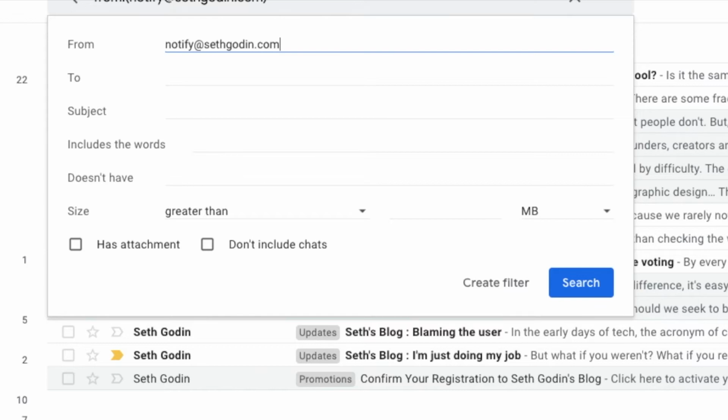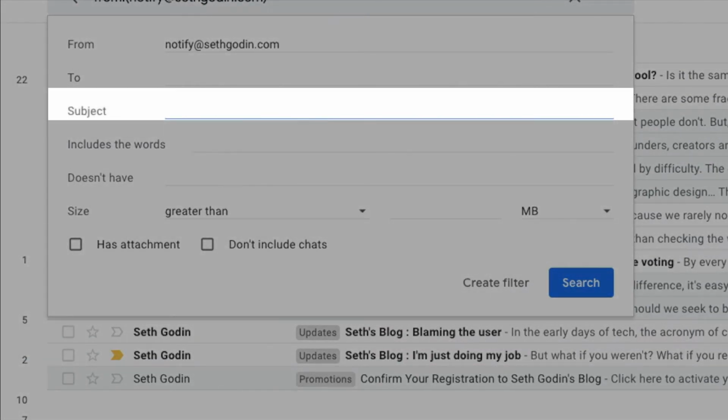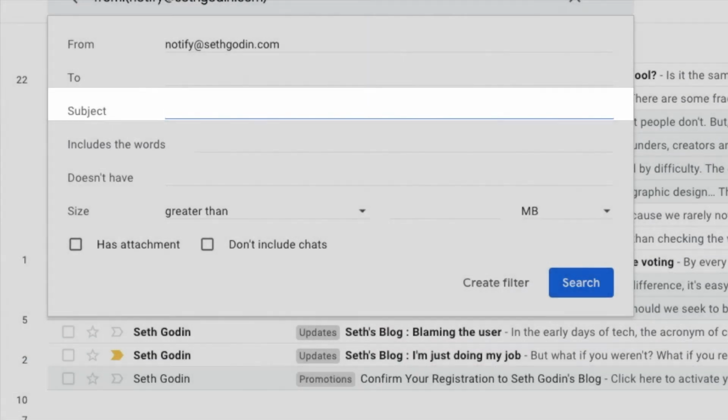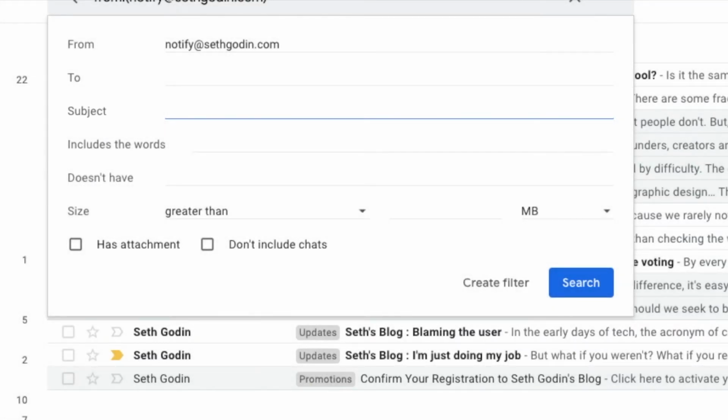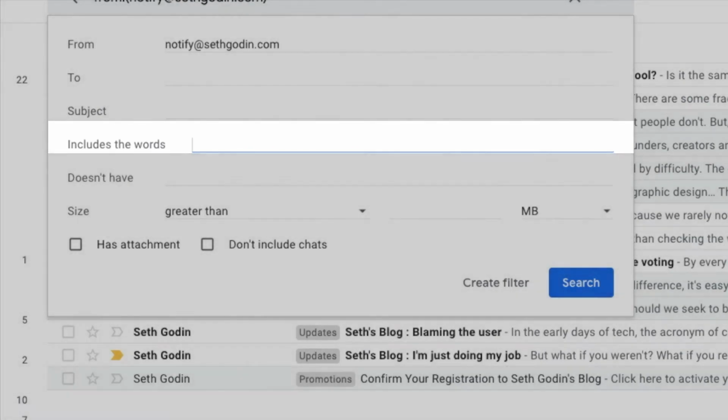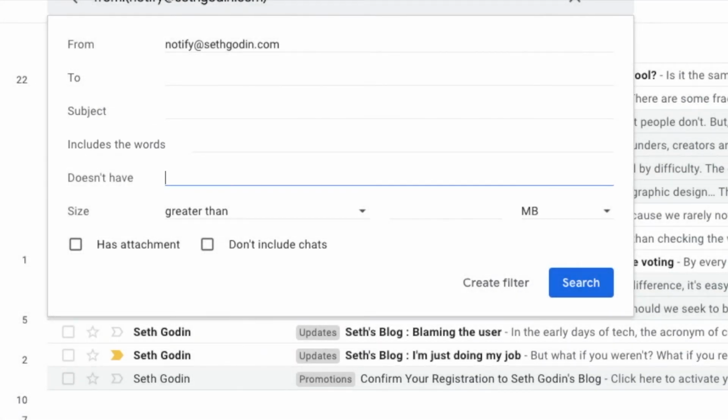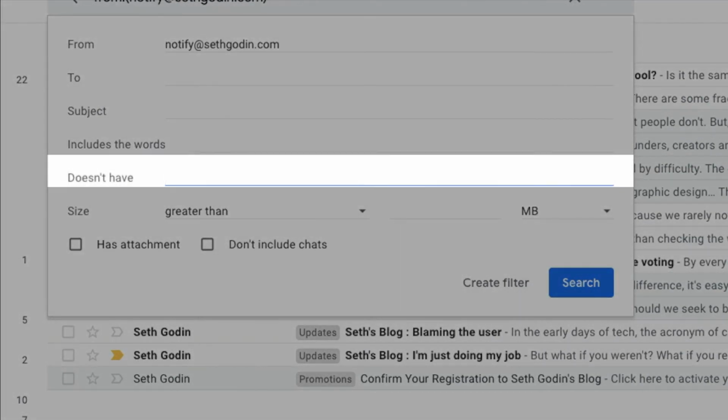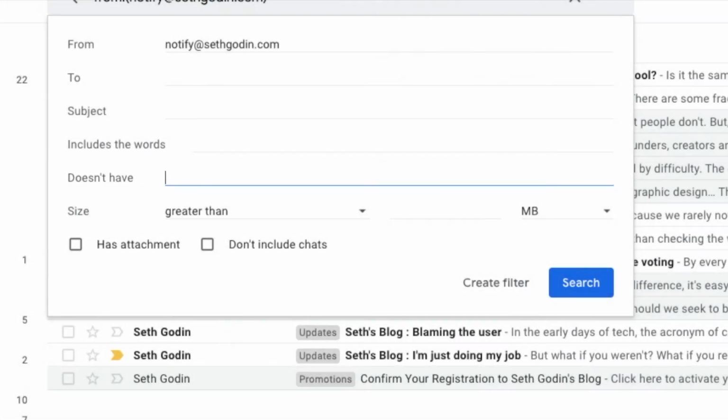As well as the email address, you can also filter by who the message was sent to, the subject or title of the email. In addition, you can move an email based on any specific words in the mail or based on words not contained explicitly in the email.